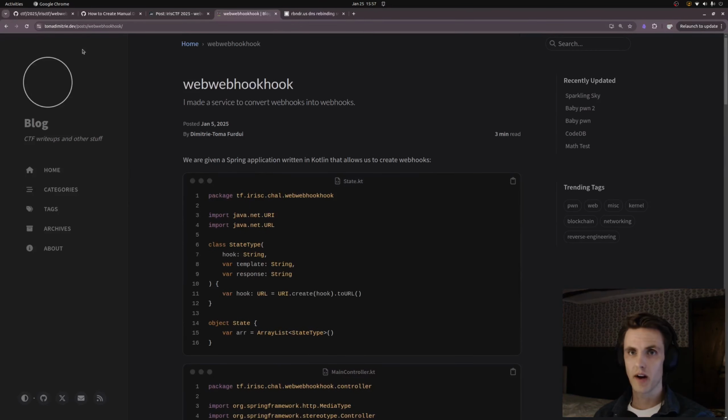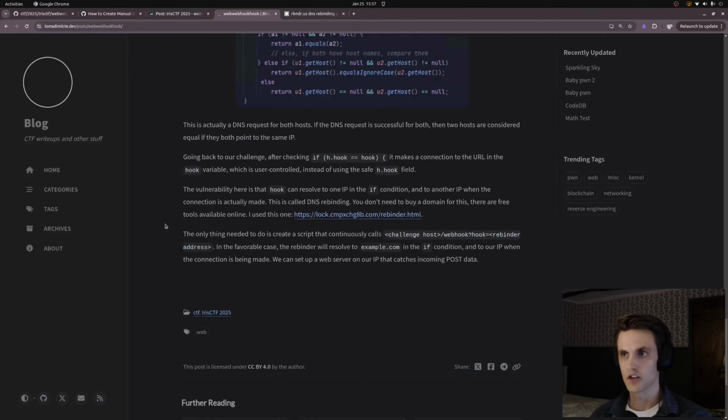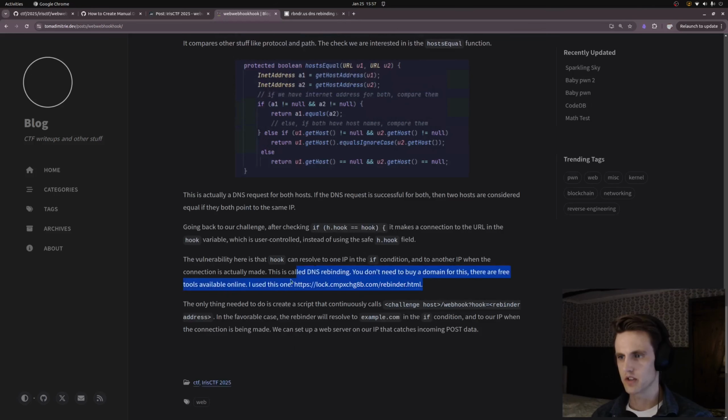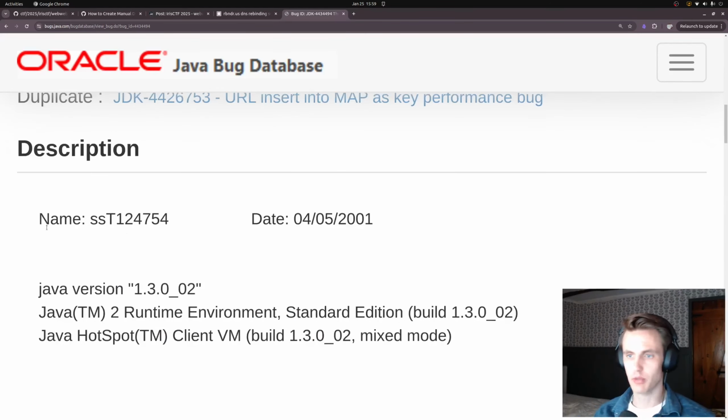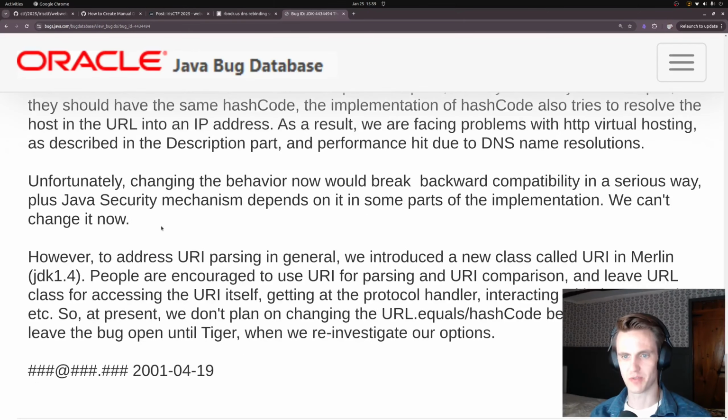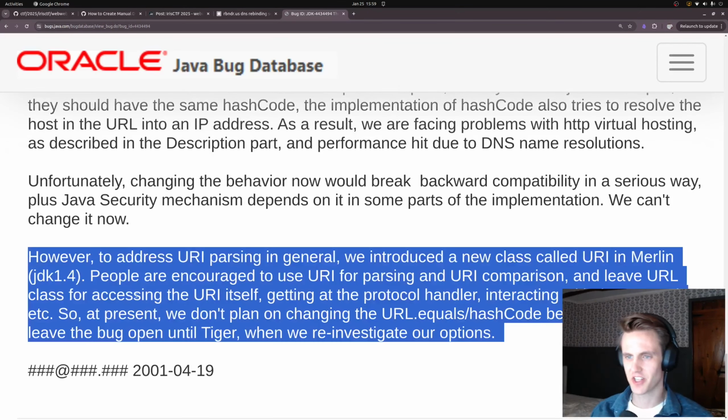And then the final write-up I found was by Tom Dimitri. Again, all the URLs will be in the description, and they also use the same service, the lock.compare exchange. This service is run by Travis Ormady, a famous bug hunter at Google. If you're a blue teamer or you're actually responsible for the security or giving advice on the security of products,